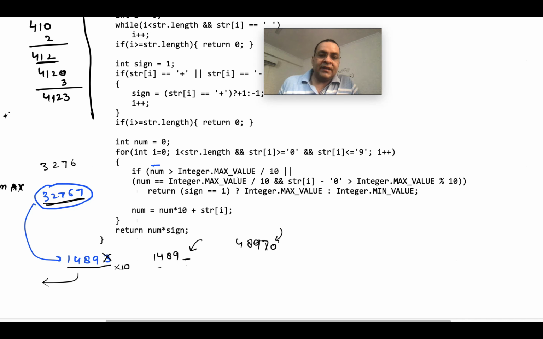So if the number is greater than this, we should return integer maximum or integer minimum depending on the sign of the number.